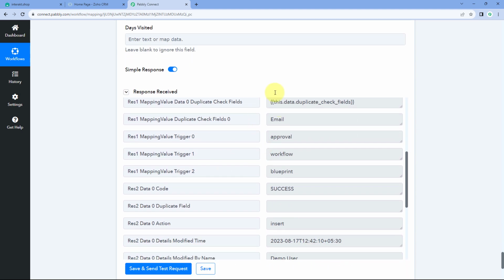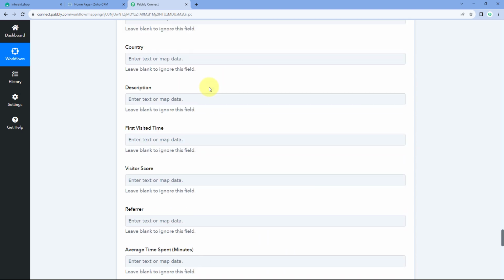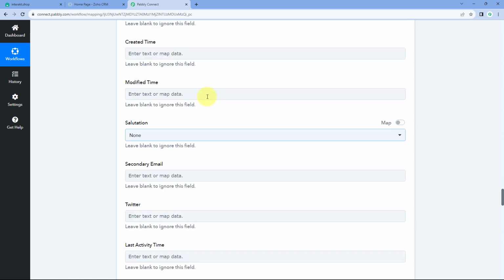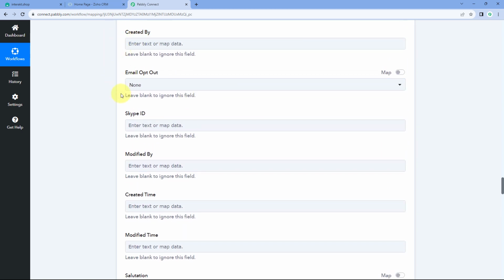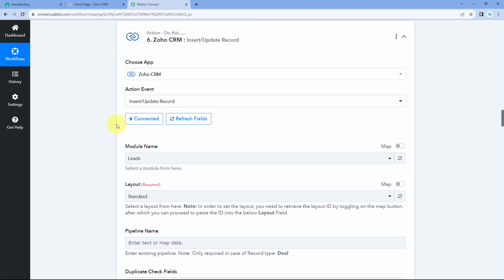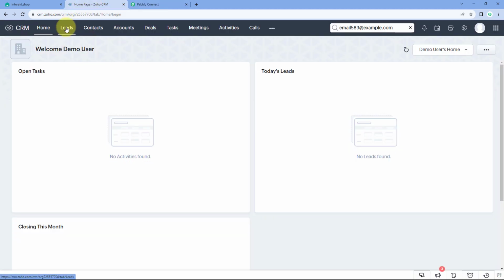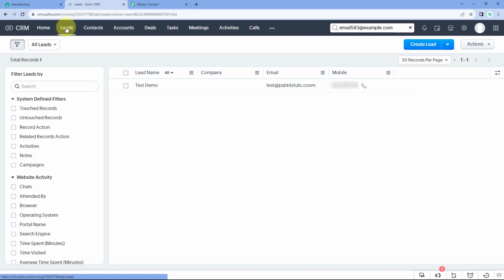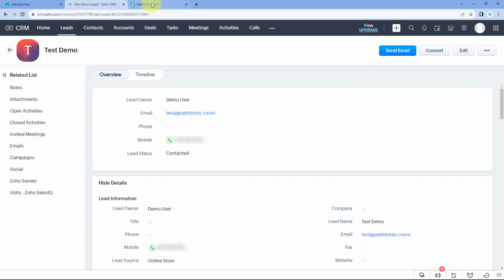This response shows that the details of the user which we have mapped over here, basically the details of the user which we have received from Interakt, the same person is now added as a new lead in our Zoho CRM account. So let's check it. We will go to Zoho CRM, we will go to the Leads section. And yes, here you can see that test demo, the same person whose data we have received from Interakt inside